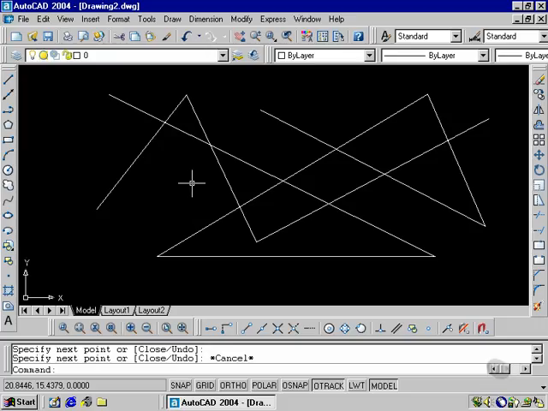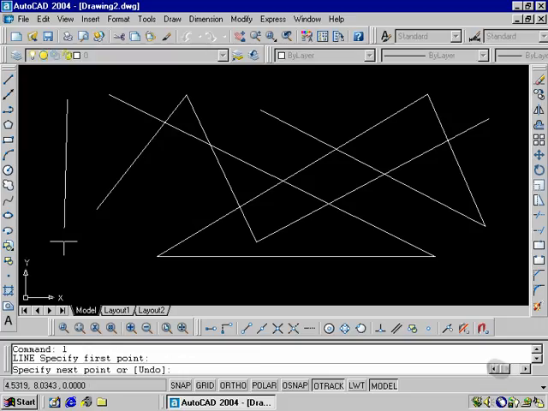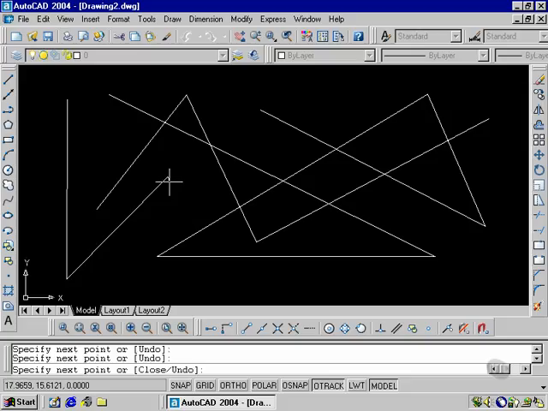Finally, I can also type the command in. I know I'd like to draw a line. I can simply type line, or there is a shortcut that exists. I type L and enter. L is the shortcut for line. And as you can see, specify first point, again it requests the same information, and I can continue to draw